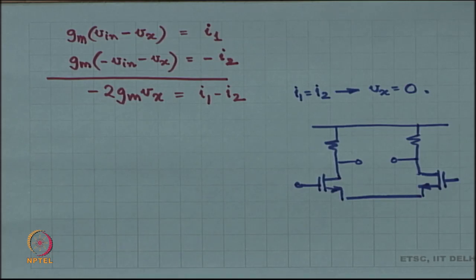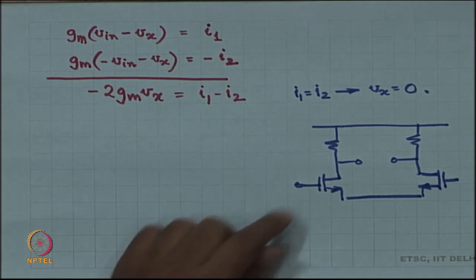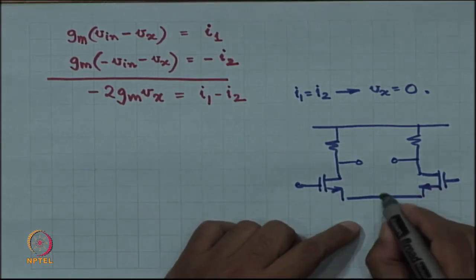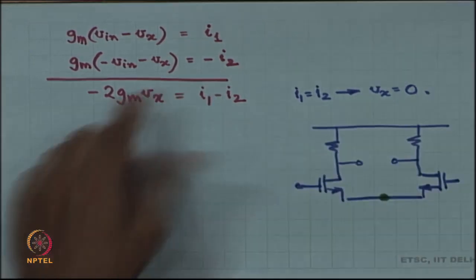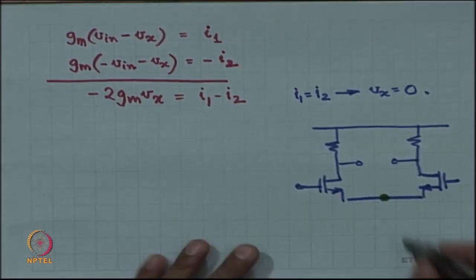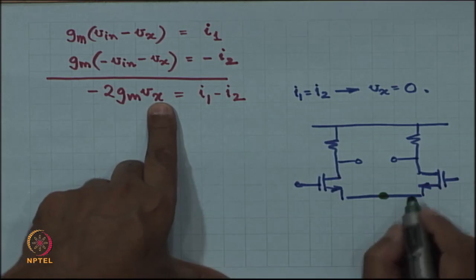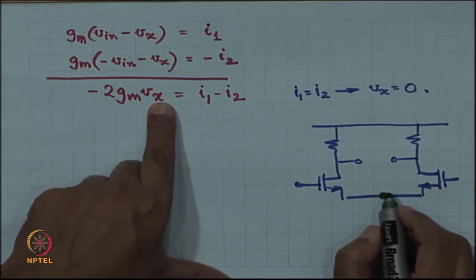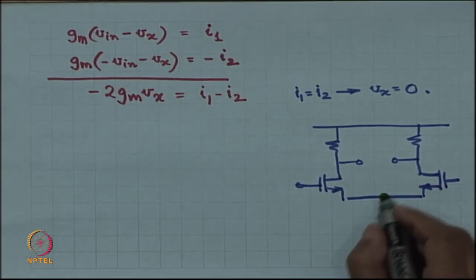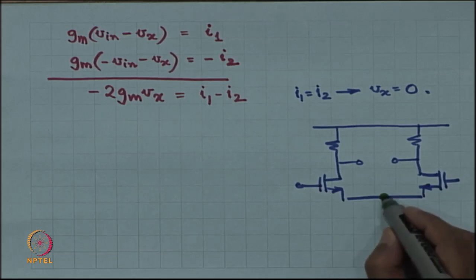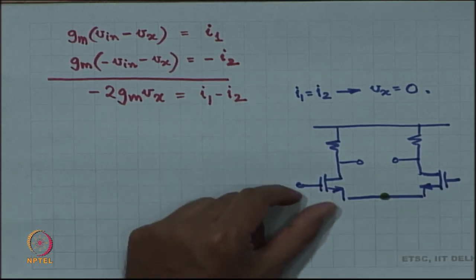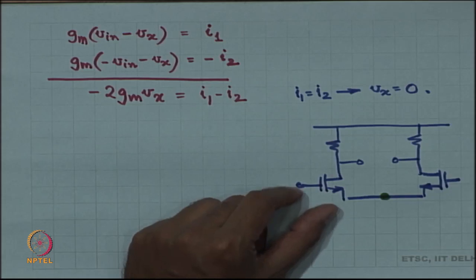okay. So, I am not drawing the current source because this is the small signal equivalent picture, and in the small signal equivalent picture I just proved to you that V x is a constant, V x is equal to 0. So, this node is not moving at all, okay. There is a current source over here, but this node is not moving, which means that the entire V in